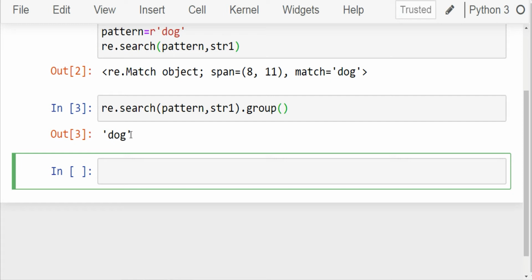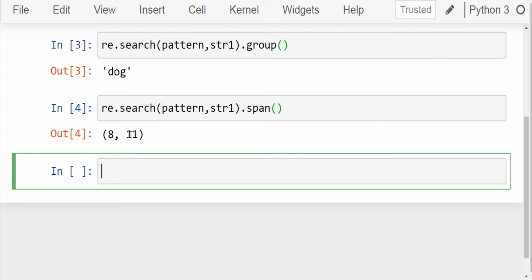If you want to display only the span of the match object, then you can use the span method for it. Just write re.search(pattern, str1) and use the span method. So write .span. Now run the cell. If you want to display only the starting index position of the matched object, then you can use the start method for it. Just write re.search(pattern, str1). Now use the start method. So write .start